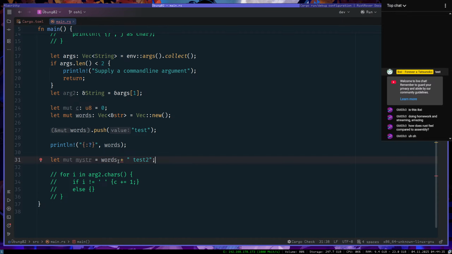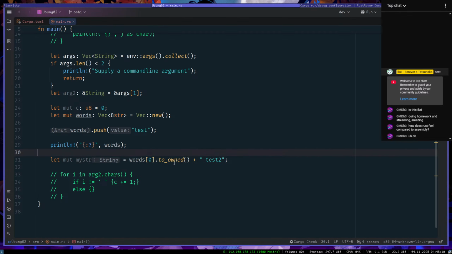No, wait, because it's that. Cannot add string to string. But now it becomes a string type. Oh god. Wow.